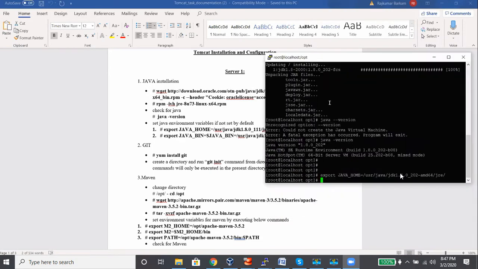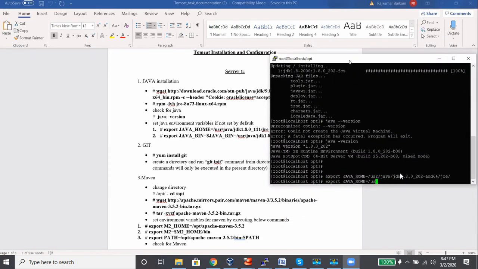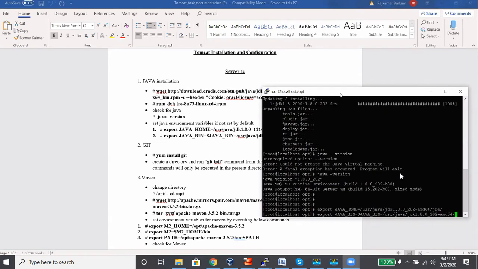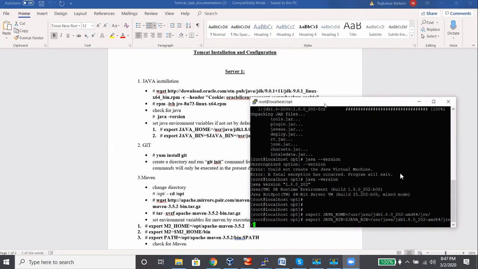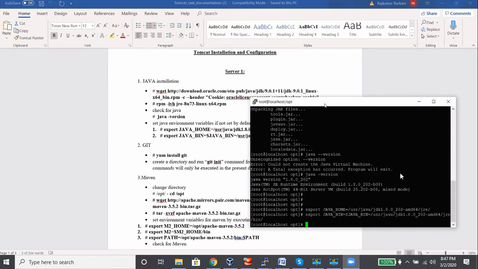And again export JAVA_BIN equals $JAVA_HOME/bin of the JDK JRE. Now check java -version.